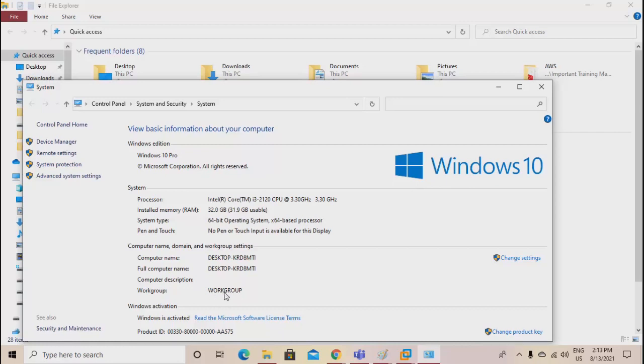Can you all see in your systems? It will hardly take a few seconds. Do you see anything different other than workgroup?